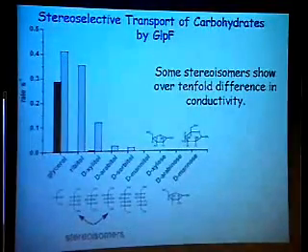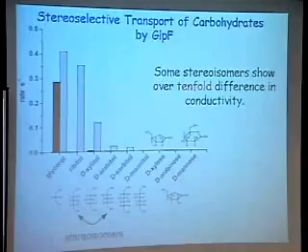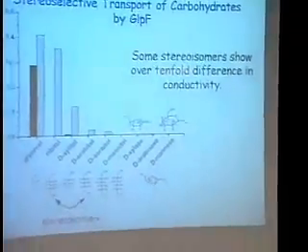Okay, so I think maybe I briefly mentioned that we are going to have two demos. One of them is regarding the selectivity of the system. GLPF actually conducts larger sugars as well, but it does this in a very stereoselective